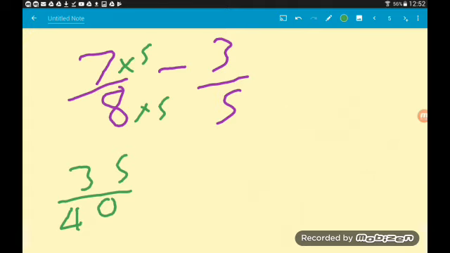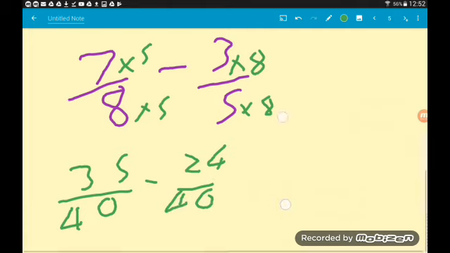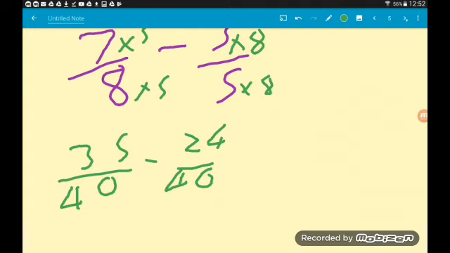And for 3/5, we're multiplying 5 by 8, which we do to the top as well. So 3 times 8 is 24. 5 times 8 is 40. So up on top then we're doing 35 minus 24, which gives us 11 over